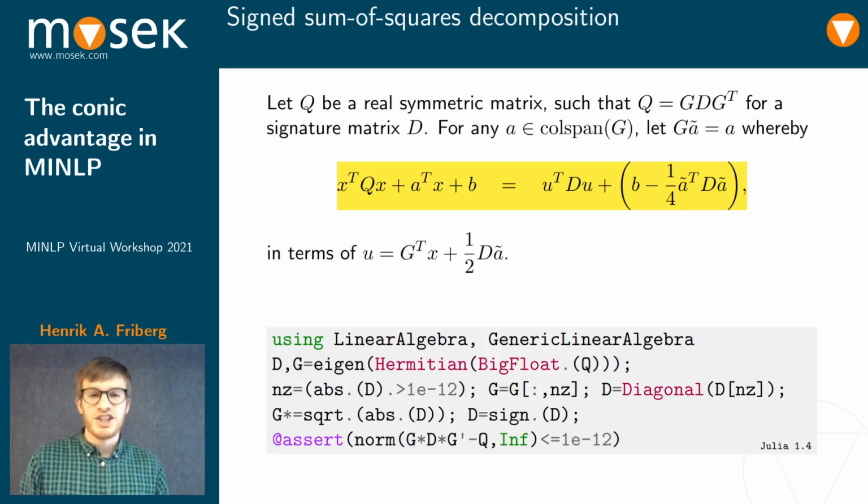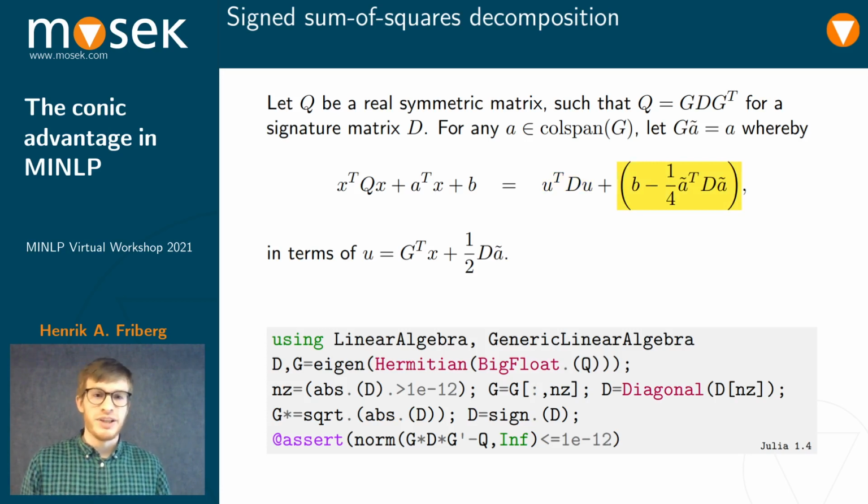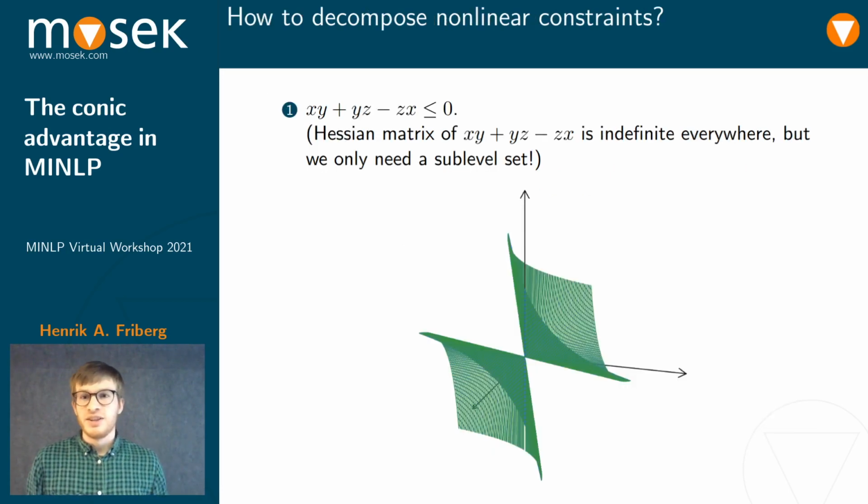You see that the signed sum of squares involves a variable u, which is basically just an affine expression in terms of x. So the first part here is a signed sum of squares of affine expressions in x, and this is a constant, which can also be written as plus or minus a constant squared. So we are done. To try it on an example, I'll use this set,